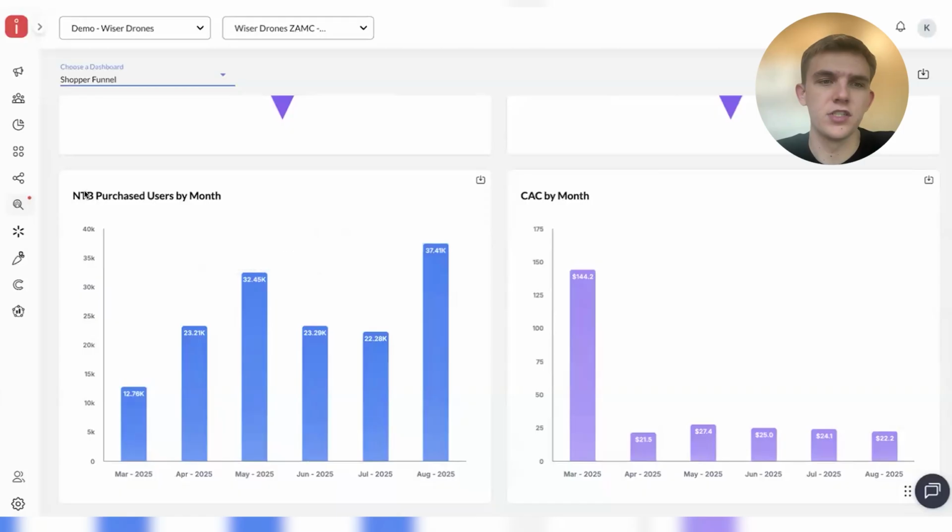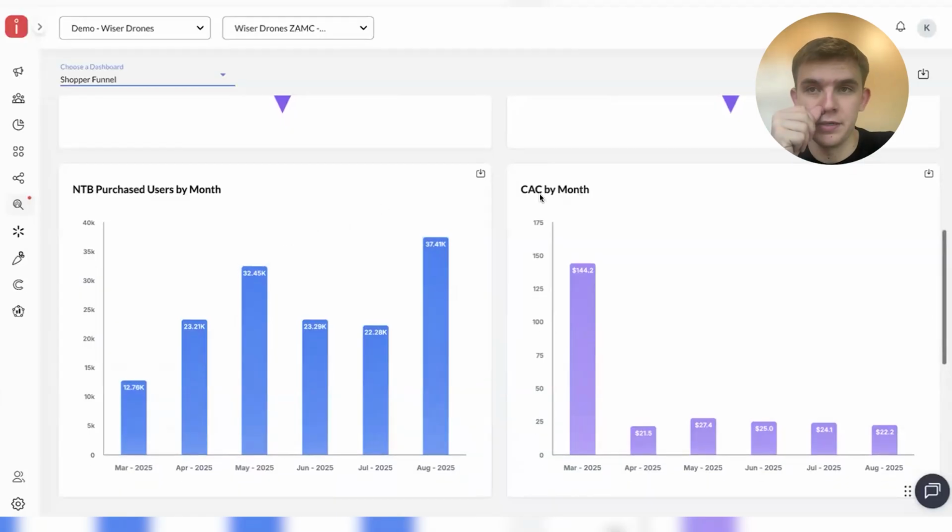This report that we have in shopper funnel is going to help us measure new to brand versus CAC by a monthly period. This is something that we would typically recommend turning into operating metrics, which is really only possible by AMC, and seeing how my overall new to brand and my cost to acquire new to brand customers are trending over time. And that's really going to probably be one of the best measuring sticks that you can have